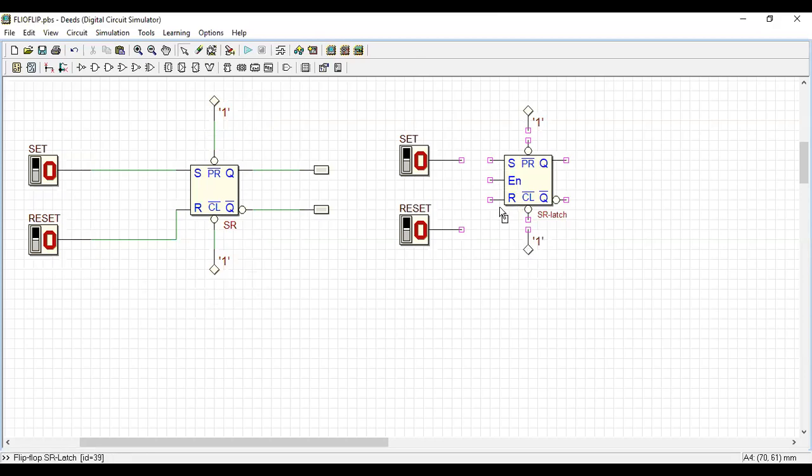S and R are inputs. S is set, R is reset, and Q is output. Q bar is also output. It's just a representation, Q and then Q bar. If Q is 1, Q bar will be 0. That's why it is Q bar.